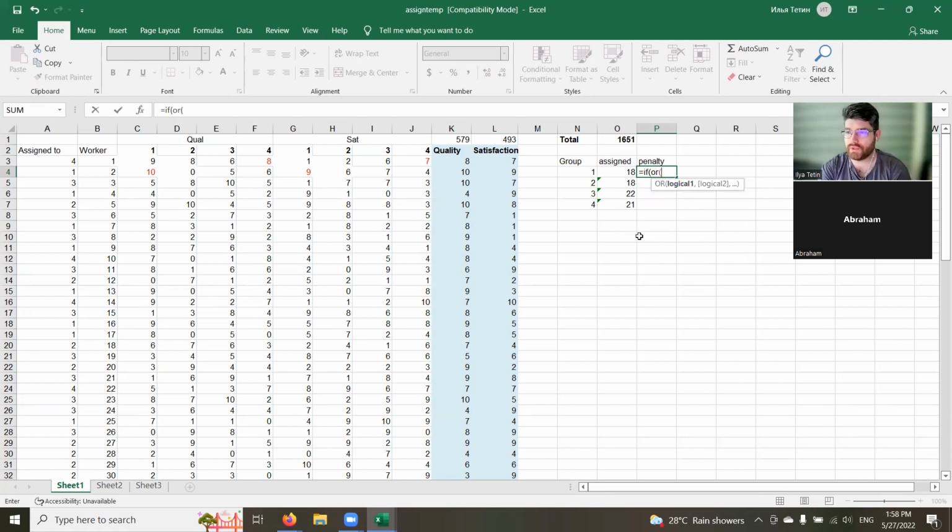So what we need to do: if this value is more than 21, or this value is less than 19, then we implement the penalty value. If this is true, if this value is 18, then we place 1, otherwise we place